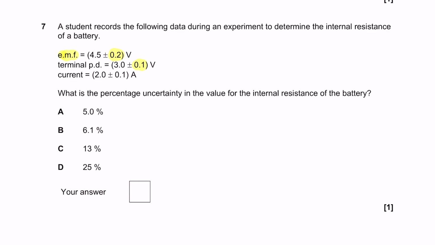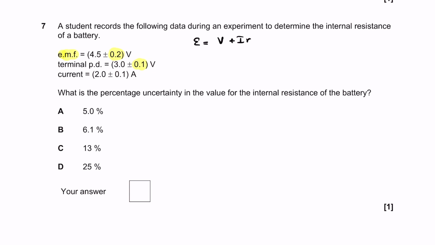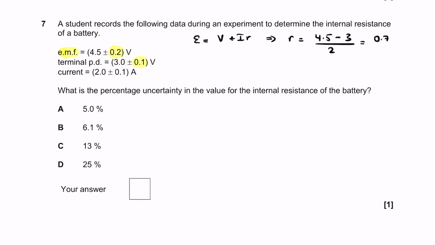First of all, I will work out the actual value of the internal resistance. We know that EMF is equal to V plus Ir. So r is equal to (4.5 minus 3) over 2, which gives me 0.75 ohms. That's the actual value of the resistance, which we're going to use at the end to work out the percentage uncertainty. Now, to work out the actual error due to the voltages, we have to consider the upper limit